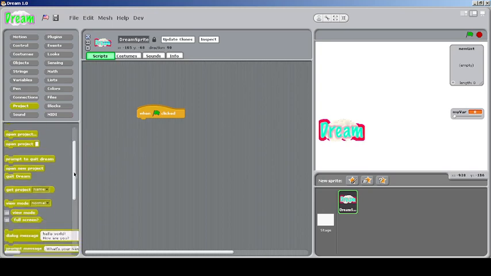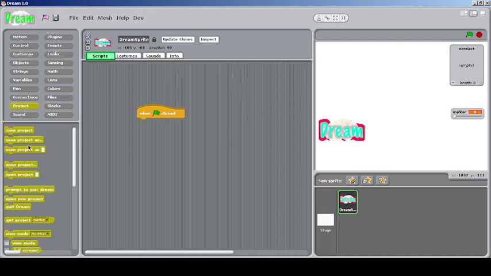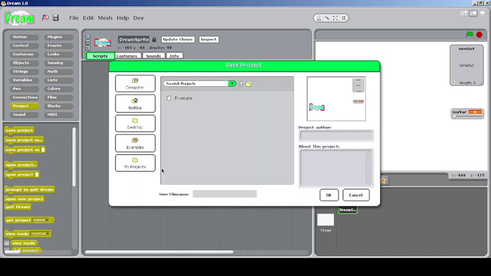And you can also save the project as something. These blocks are so overwhelming actually, and tiring, but yeah, it's still going on. You can also save project as something. It's asking for a name,